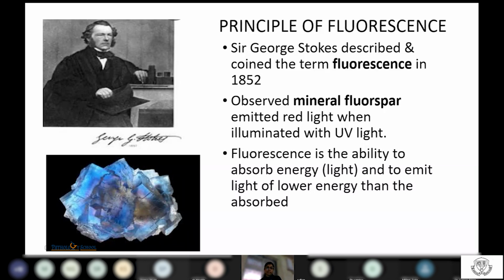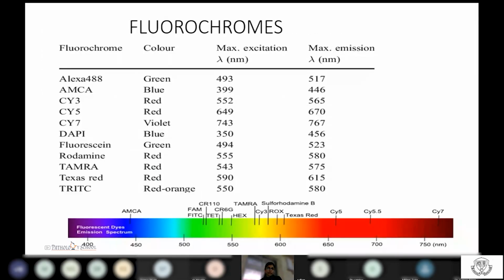Energy is inversely proportional to your wavelength. So, if it is lower energy, it will always emit a higher wavelength. Next, we'll be coming to fluorochromes. Now, what are fluorochromes? These are the substances which emit fluorescence and which are attached to your probe DNA. The most commonly used is your DAPI, which is 4,6-diamidino-2-phenylindole, which emits blue color,